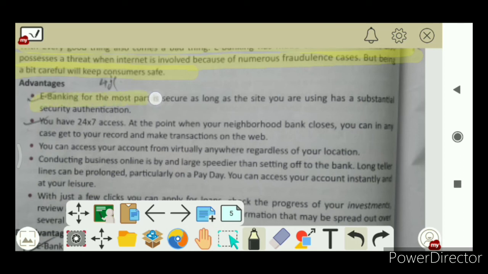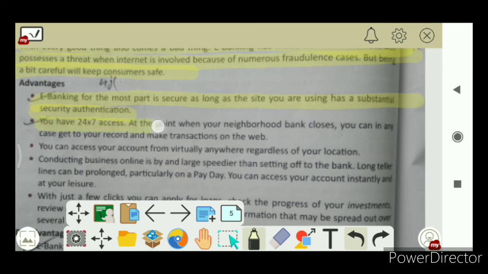E-banking for the most part is secure as long as the site you are using has substantial security authentications. It means if the site you are using is authentic and recognized, it is very safe. Now you have